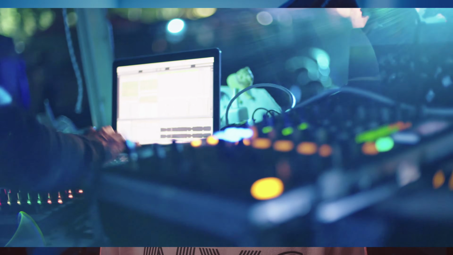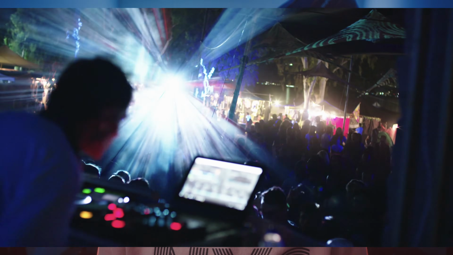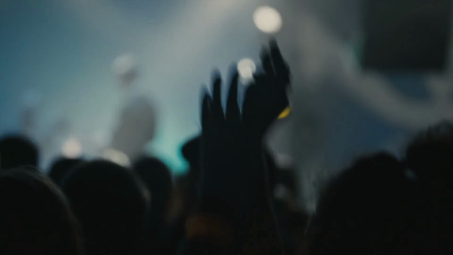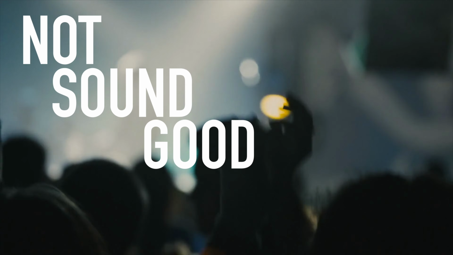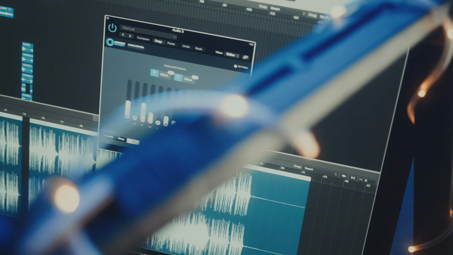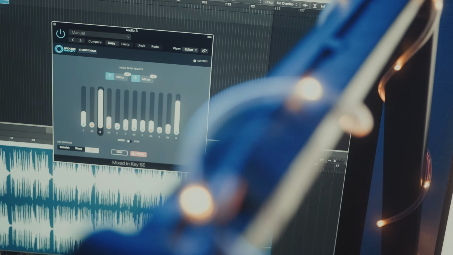Imagine what it would be like if your favorite DJ did a mashup or a transition to another song and the two songs were totally out of sync, totally in the wrong key. It would not sound good at all. But when you are able to unlock this potential by matching the songs in the same key, or finding two songs that are already in the same key, putting them in a mashup,